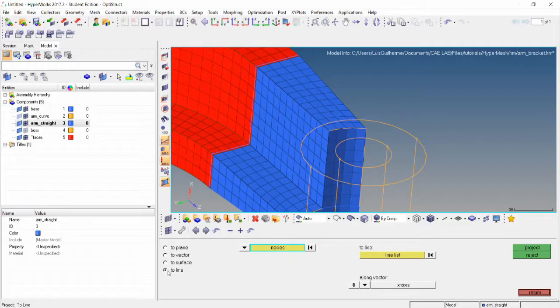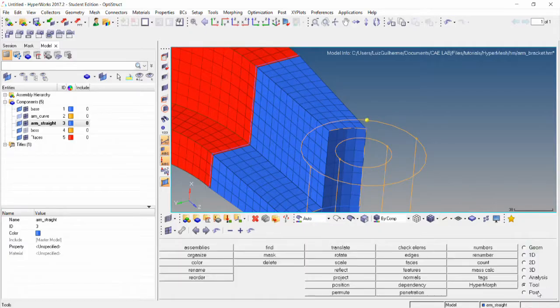We're going to be projecting to line, and the node we want to project is this one. Going to first duplicate it and to line list. We want it to this line and along the x-axis, which is this one. So we're going to click project, and there we have it. Can return,